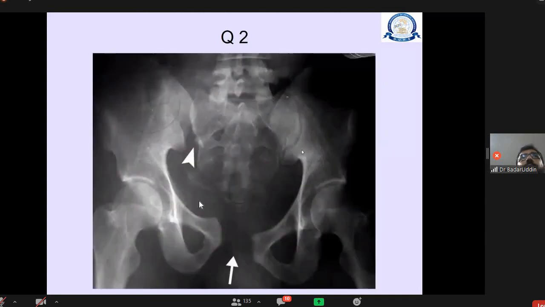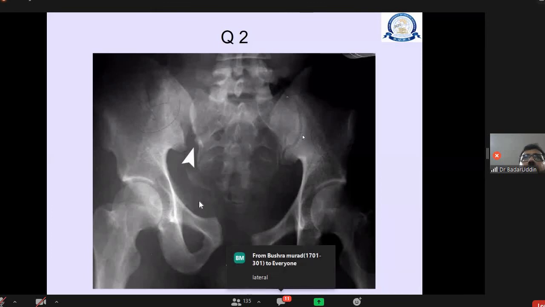Number two, see this X-ray. Again we have an increase in the wide space of the pubic symphysis. On this, suppose left side, see the superior pubic rami okay, inferior pubic rami okay, ischium fine, iliac blade okay, this sacroiliac joint normal. See the sacrum is okay, but here if you see this, there's a big gap between the sacrum and the iliac blade. You see this difference. So this is indicative of APC with combined vertical shear. So maybe combined, maybe vertical shear. Okay.